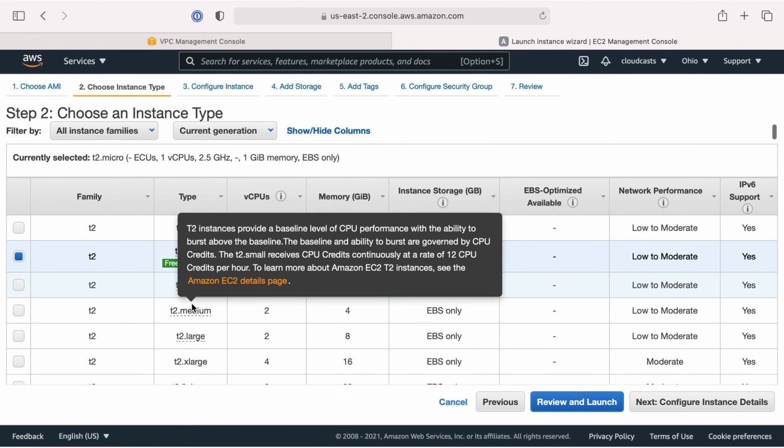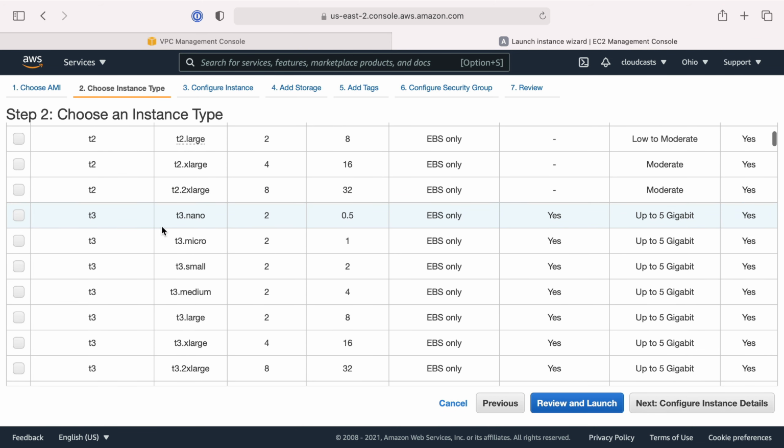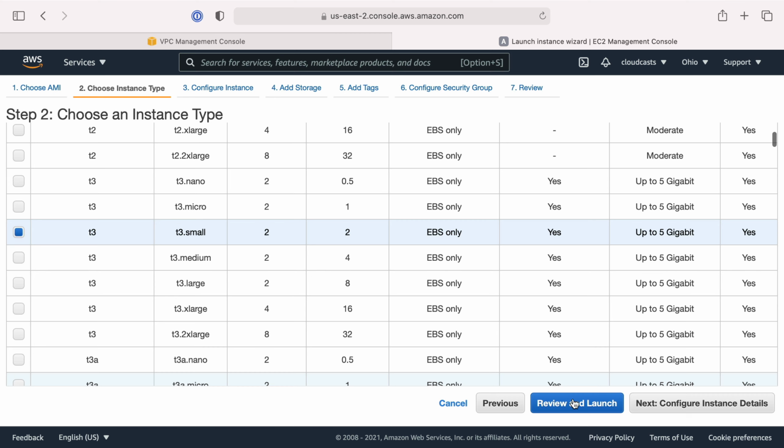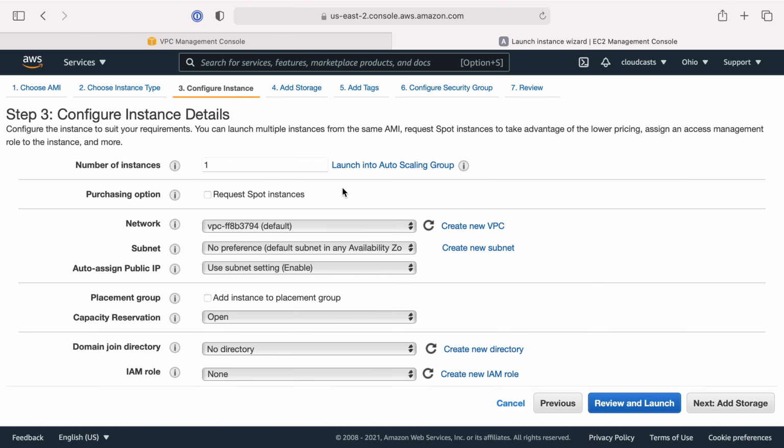Now, skip T2s. T2s are old, so I'm going to go right to T3 in my case. I'll do something small here, t3.small, which is not the smallest. It's enough for our purposes here, more than enough. So review and launch, you can go directly to that, but we're configuring instance details for us instead. I do want 2 instances, but I'm going to do one at a time here because I want slightly different